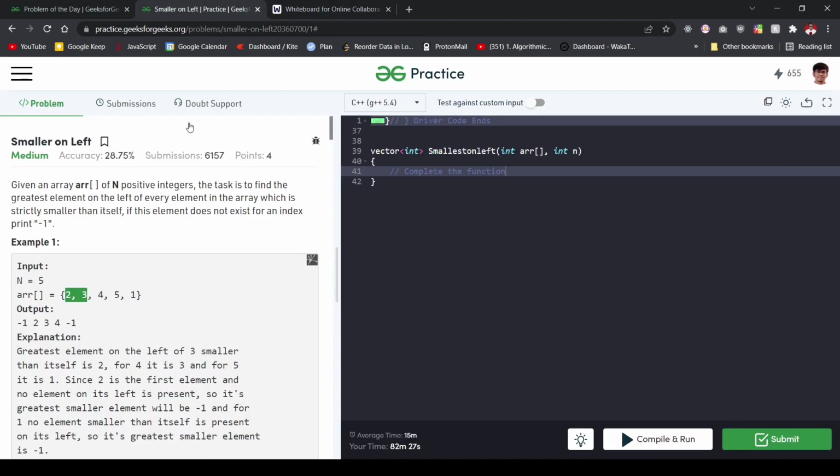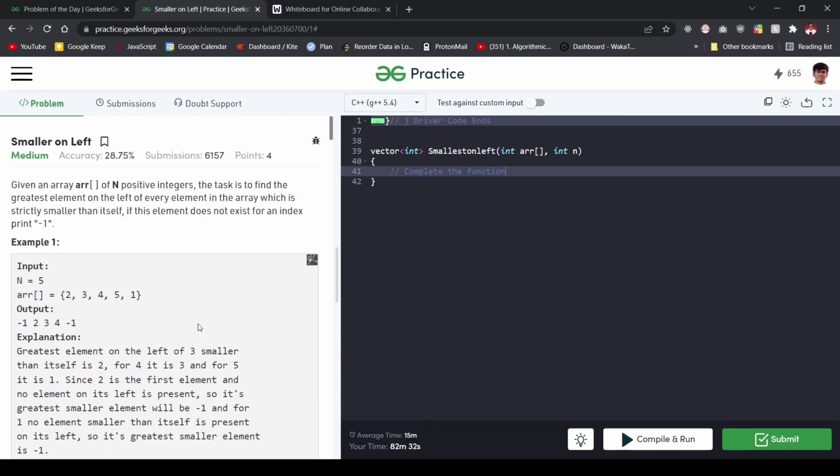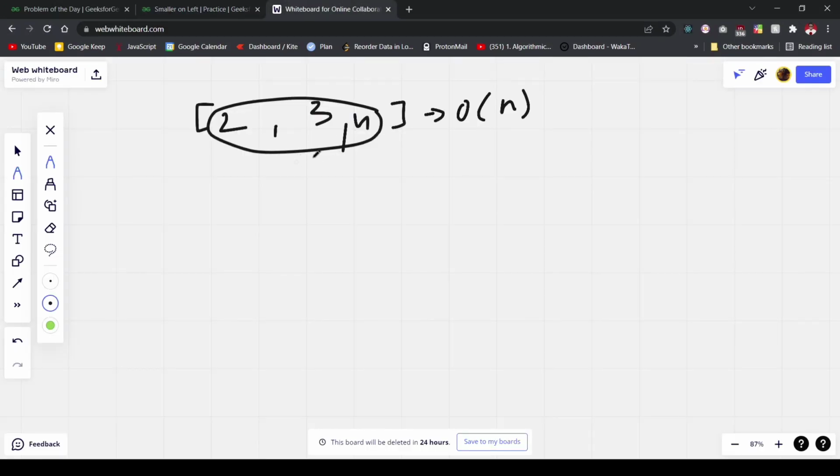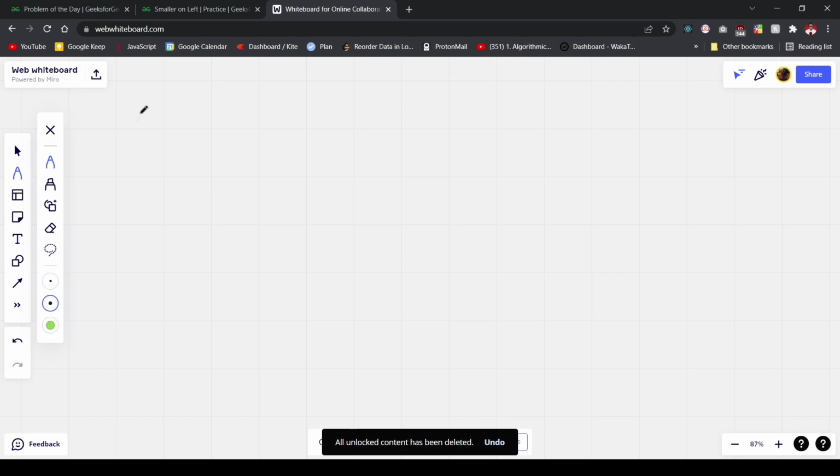But since we have to present the result in n log n time, we have to somehow modify this array, and we can perform the search efficiently only if this array is sorted, and this sort would take us O of n log n time at max. So in order to avoid all this, I'll simply make use of a set,